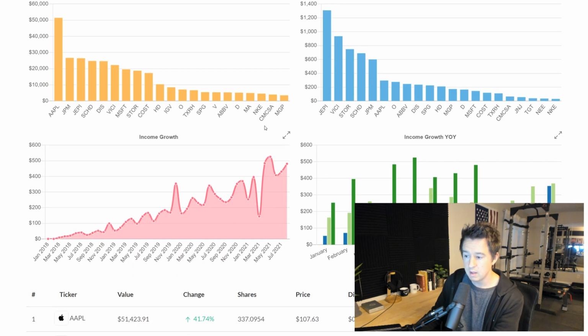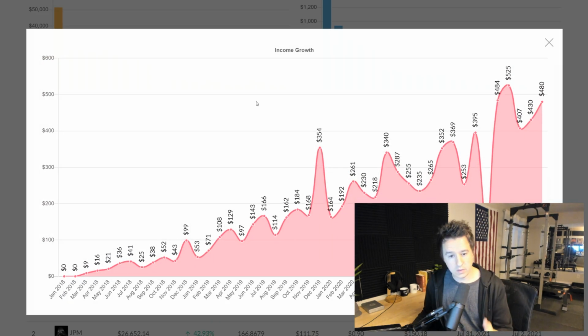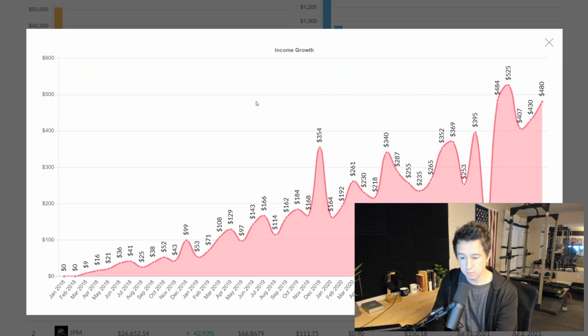Now, we also have your income growth. This shows you the dividend income of your portfolio every single month. So I update this once a month. I just put in how much I earned in dividends. I add it up real quick. Takes me a couple minutes, and then boom, I have this beautiful graph showing me my growth in passive income